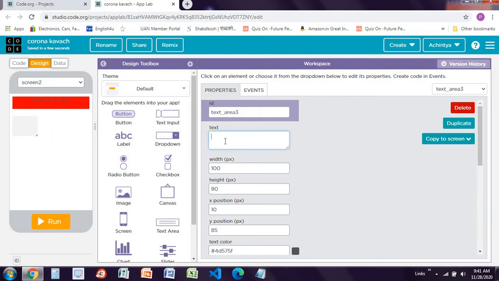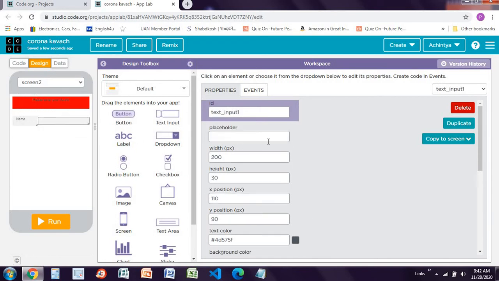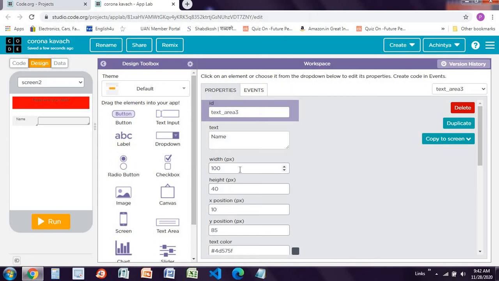Type over here as name like this. Now decrease it this much and this much. Now drag over here one text input and placeholder. Now again we have to take this same, so make it width 100 and height should be 40. So again take this, width should be 100 and this should be 40 like this, and make this as age like this.